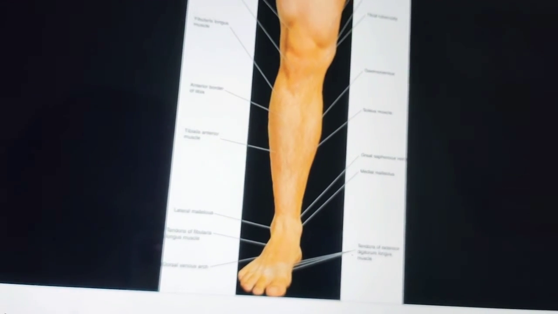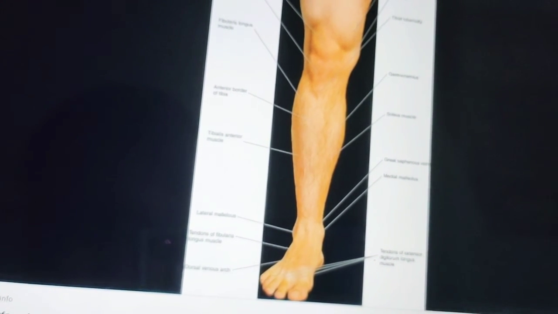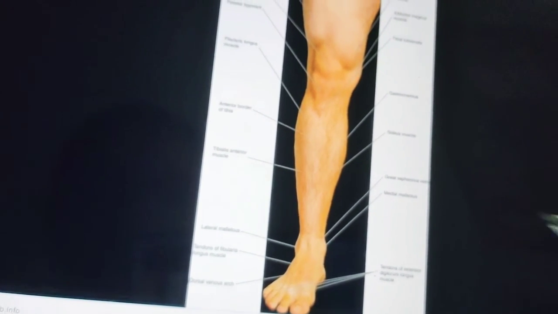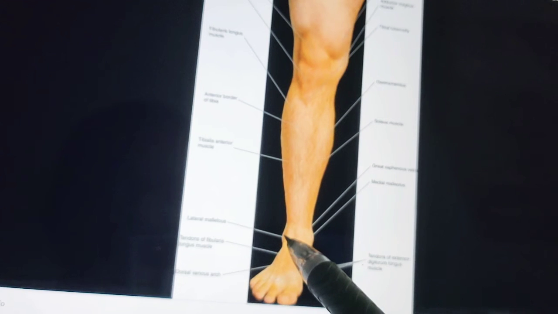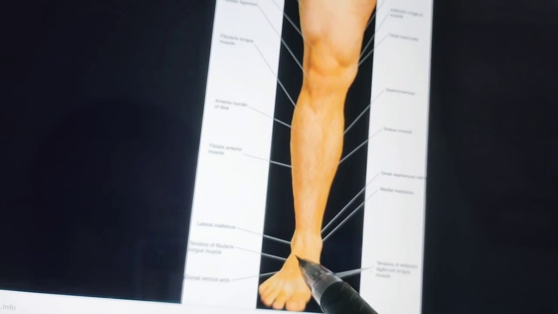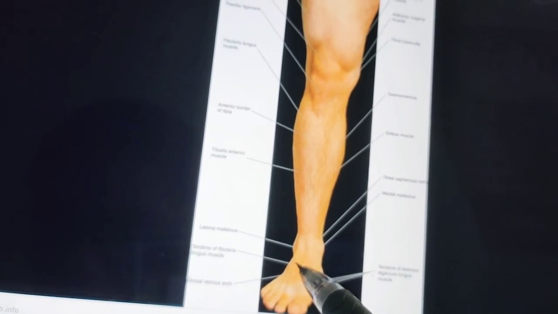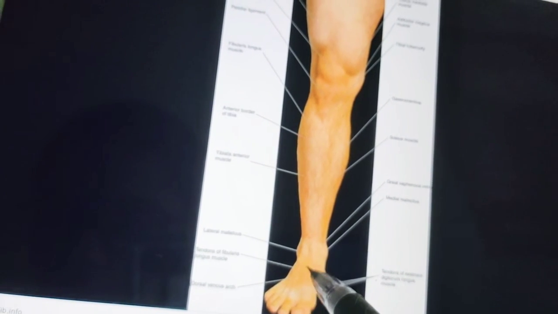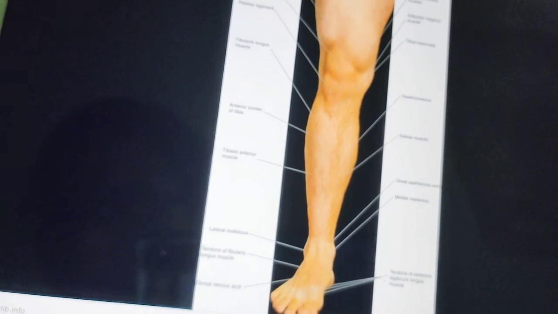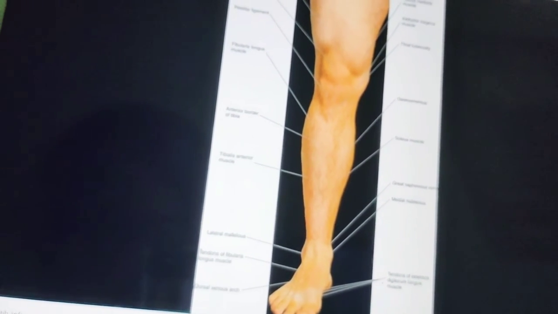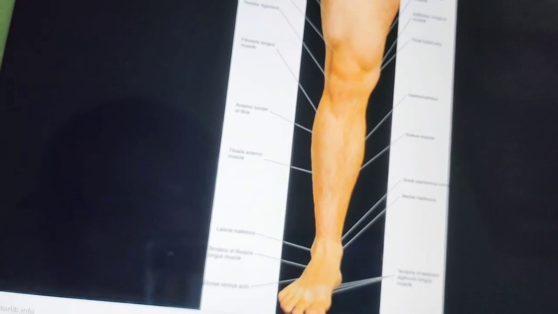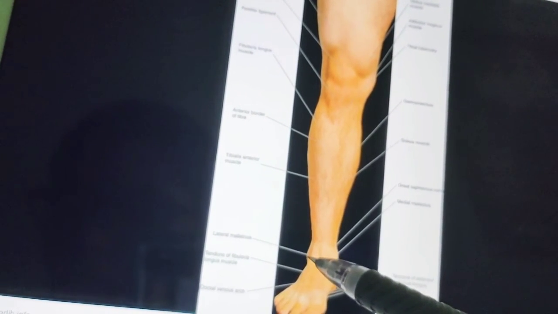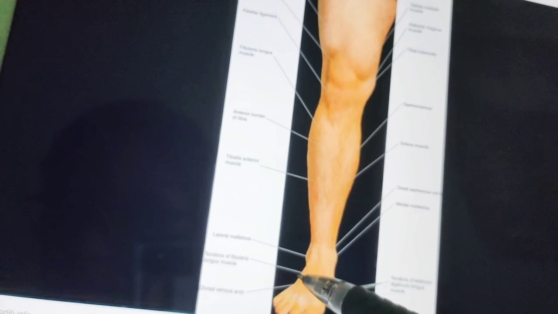Okay, the peroneal trochlea, when it is present, is felt as a little prominence about a finger breadth below the lateral malleolus. If you see, this is the lateral malleolus, so just below it sometimes there will be the presence of a peroneal trochlea. You can feel it. It is actually the peroneus brevis that passes above and the peroneus longus below the trochlea. Okay, so remember that the peroneus brevis muscle passes above the trochlea, whereas the peroneus longus muscle passes below the